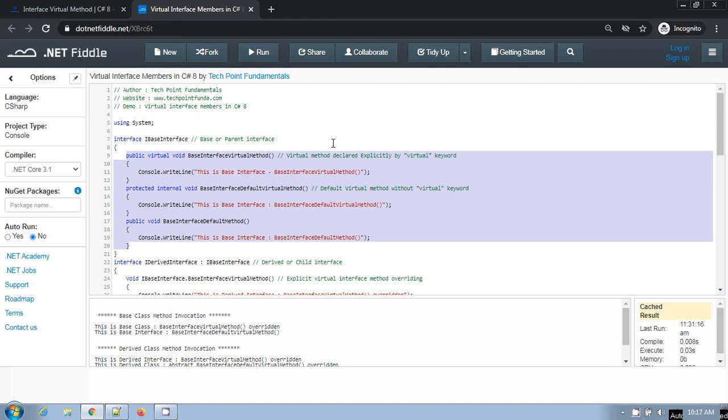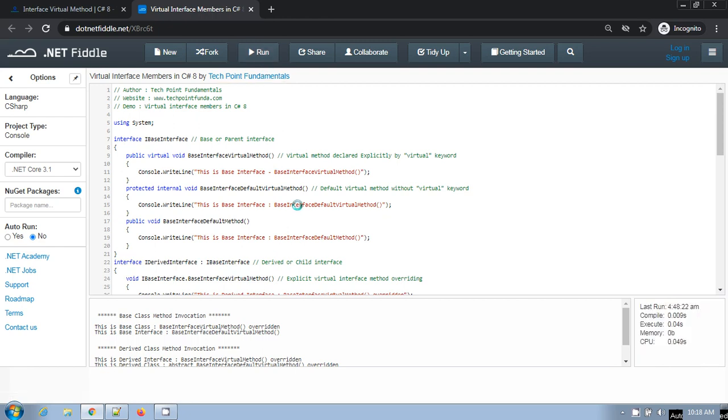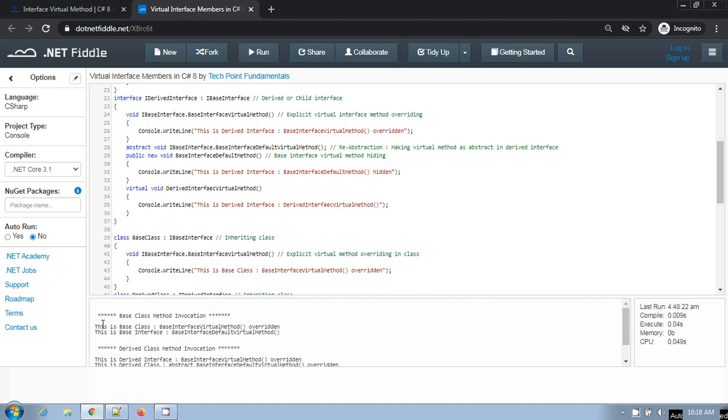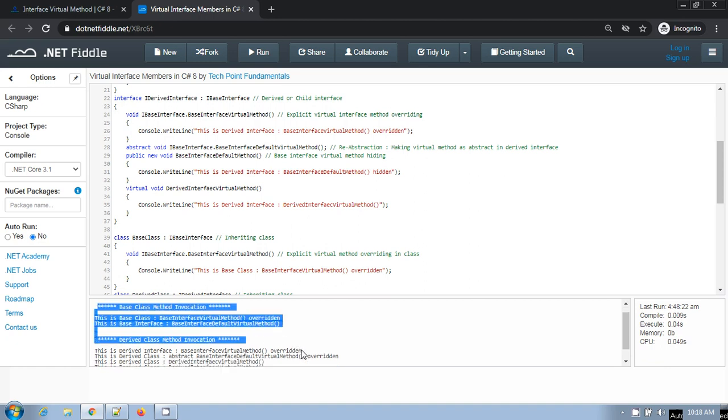Any interface member which has a body definition is virtual by default, unless it is decorated with sealed or private modifiers. If you run this program, there is no error, and it compiles and runs successfully.